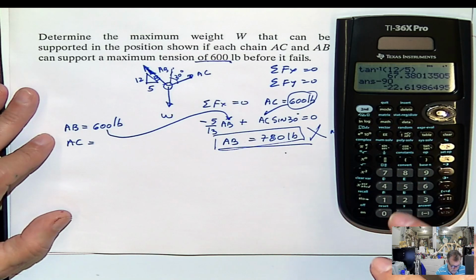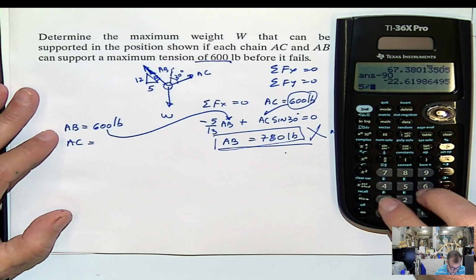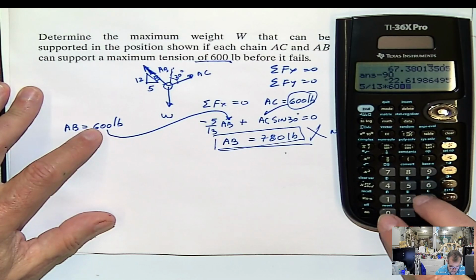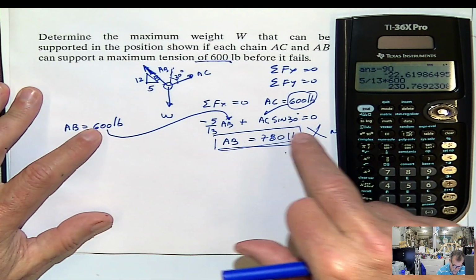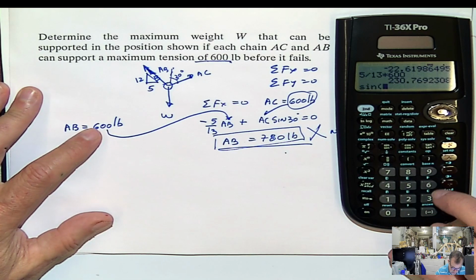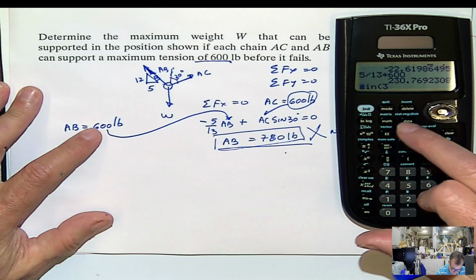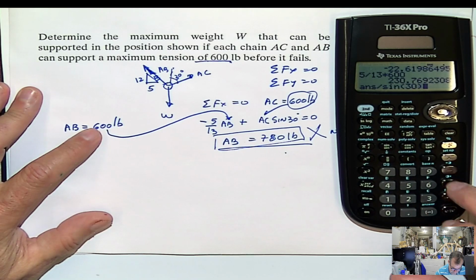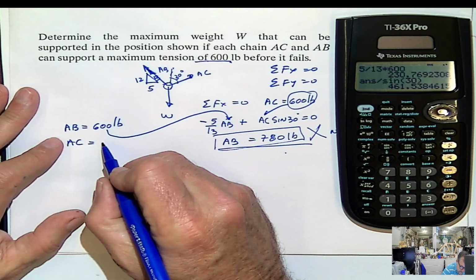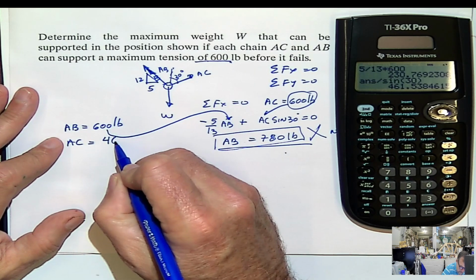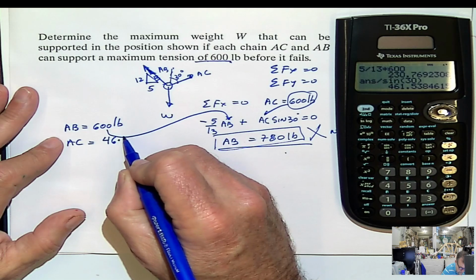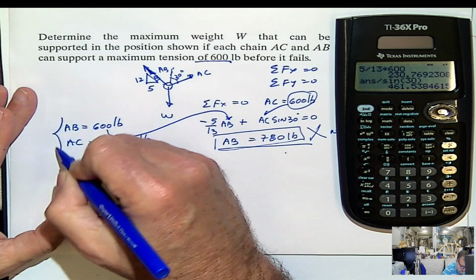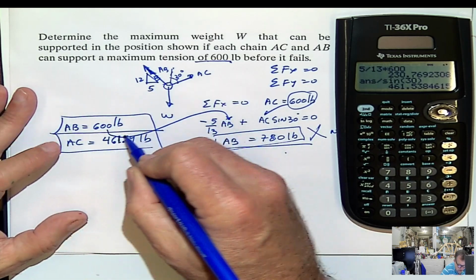If I do that, then that will be 5 divided by 13 multiplied by, I'm assuming now this is 600, divided by sine 30, and then AC will be developing a maximum tension of 461.54 pounds, meaning this condition